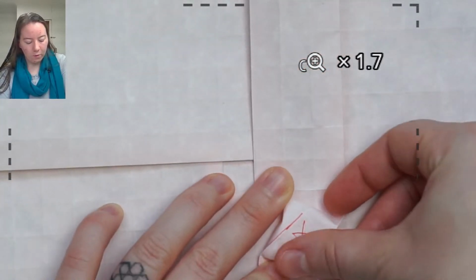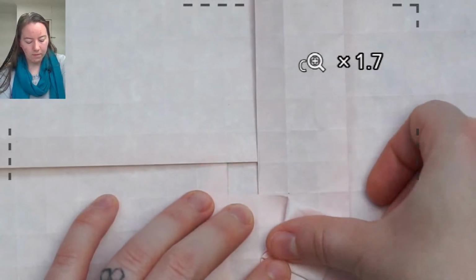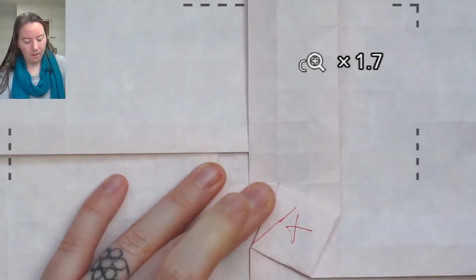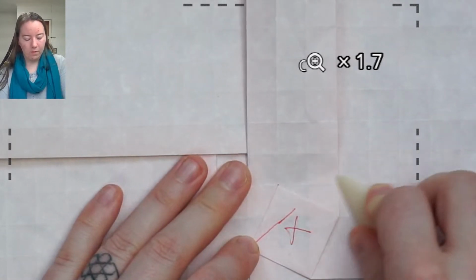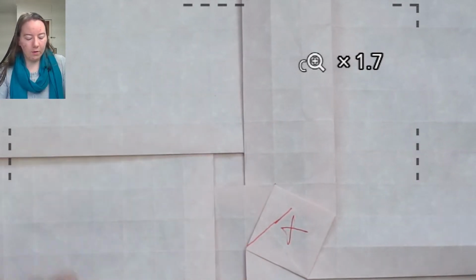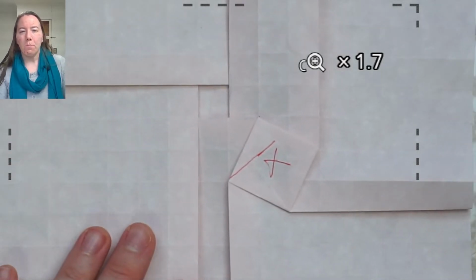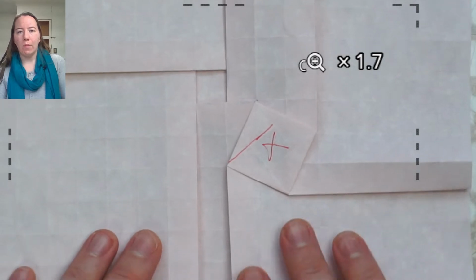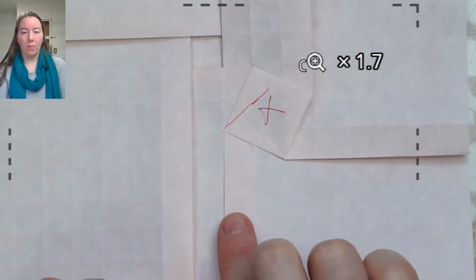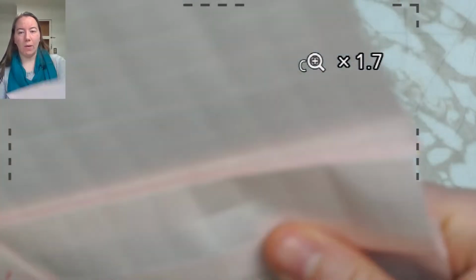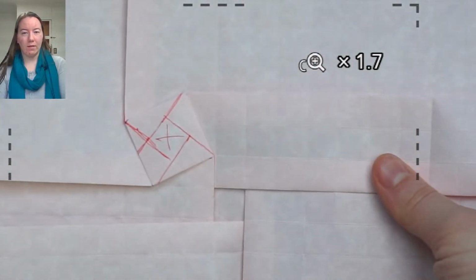Then I can squash this twist, and to encourage good habits from the beginning, I'm going to then flip my paper over and hold on to this pleat on the bottom here as I flip, and I'll flip that to my right hand side